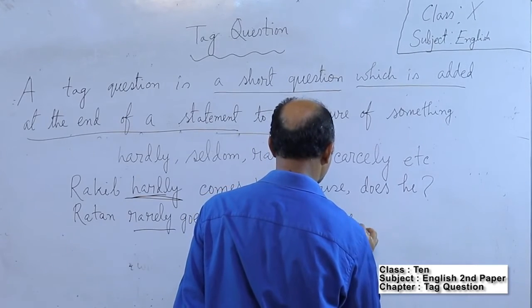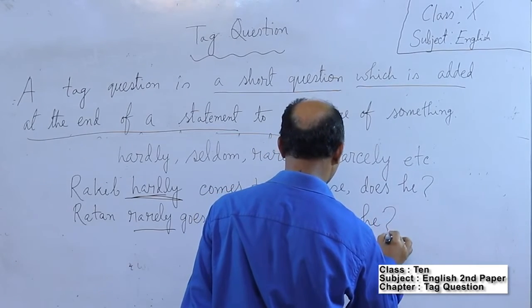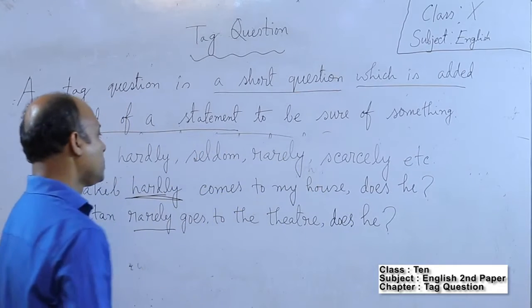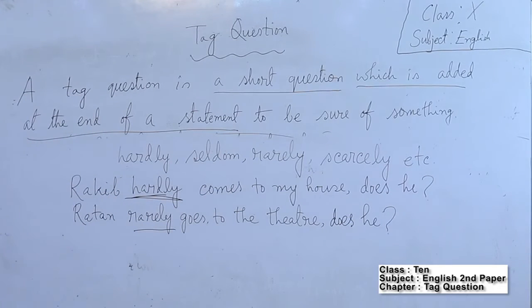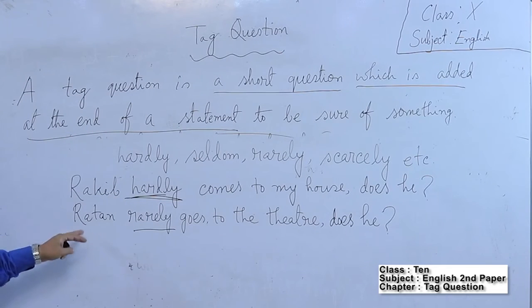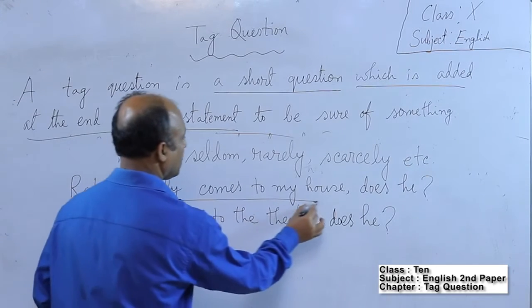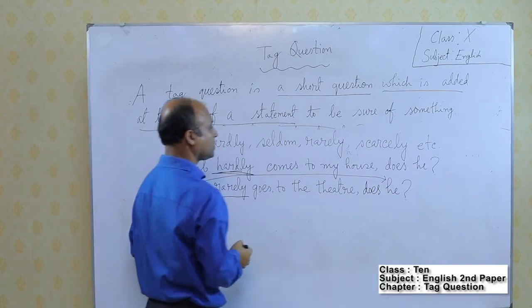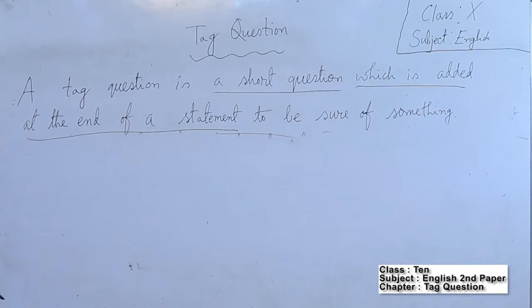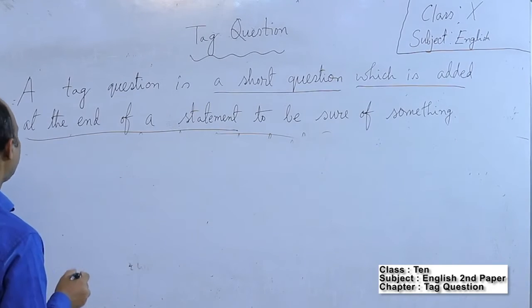Does he? You should also use the pronoun. You see here that Ratan is a noun, and we have put the pronoun here. Always you must use the pronoun. Then you see this sentence,